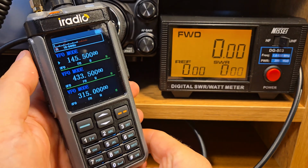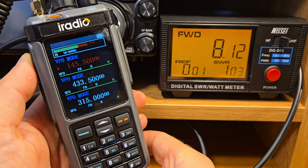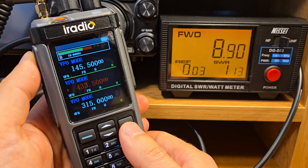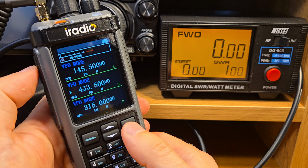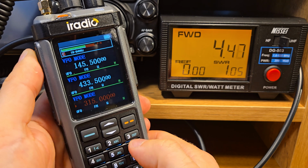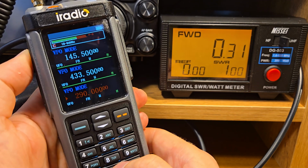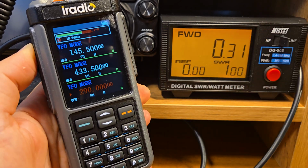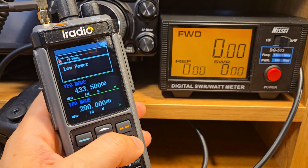Let's measure the maximum transmission power. 145 MHz, around 8 watts. 70 centimeters band around 9 watts, 8.7, and 300 megahertz around 4.4 watts. This frequency 0.31. Let's check the low power on the 2 meters band,